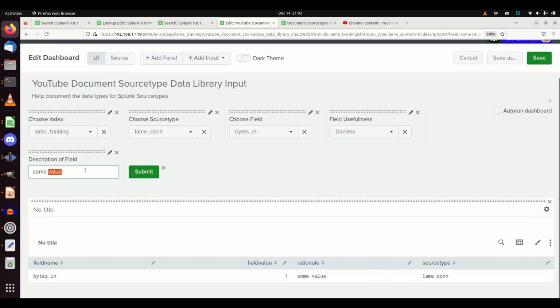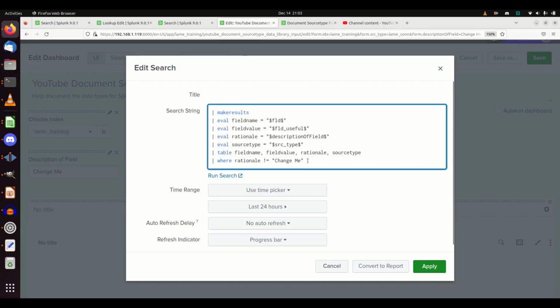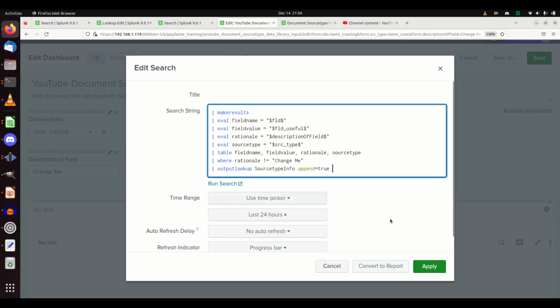It now works. I remove everything from here. It immediately flips back to change me. I hit submit. It doesn't work. So now we're good to go. If I now put my little output lookup,